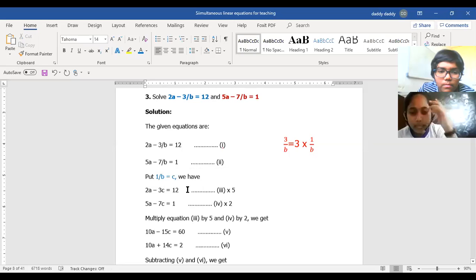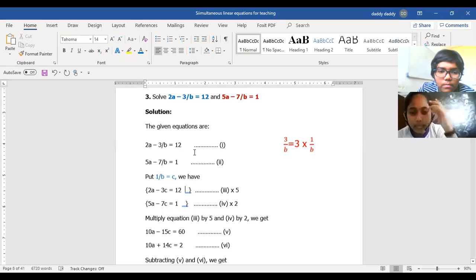Ma'am, why are we subtracting the fifth equation and sixth equation? Why am I subtracting? Toshit, repeat your question. Ma'am, why are you subtracting the fifth equation and sixth equation? Because I have to eliminate. Okay, ma'am, got it. So now I have put the bracket and I'm going to multiply each term of equation